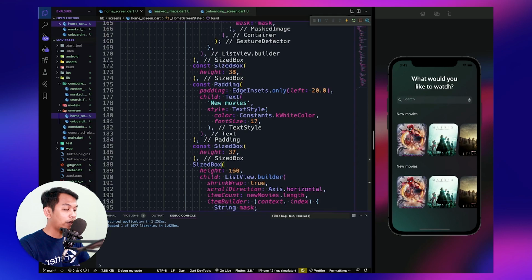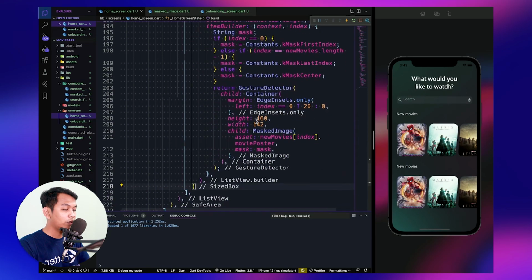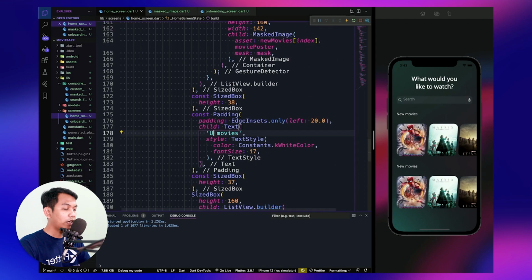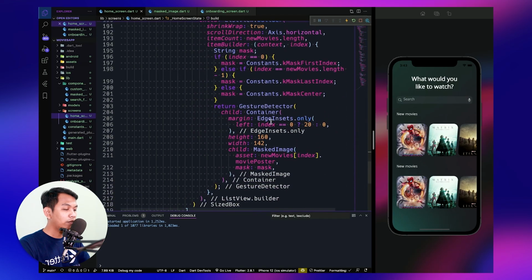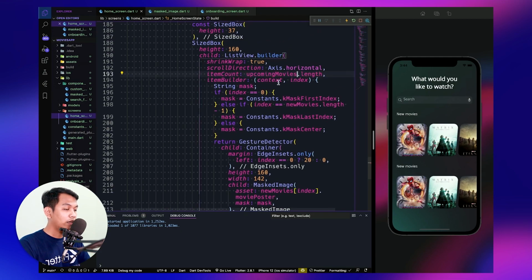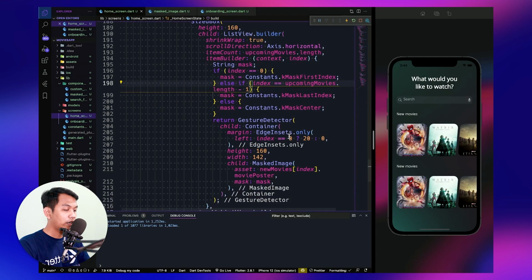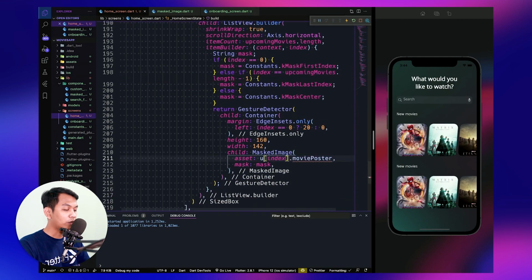Now we will have two lists, and we need to change this one to be upcoming, and this is upcoming, and this upcoming too.